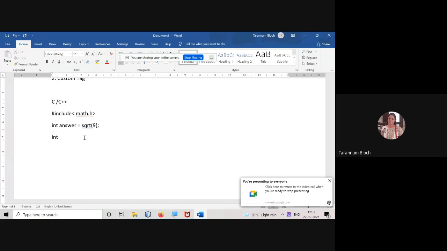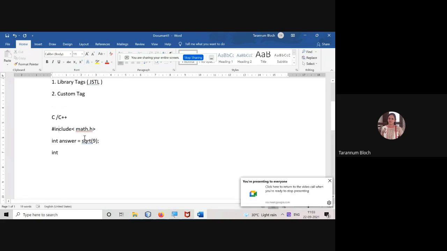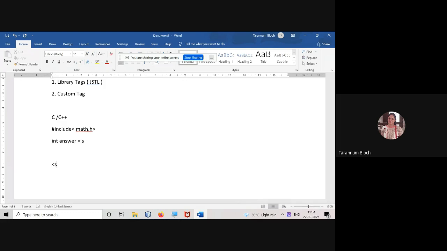Similarly, if you want to create your own tag, giving you a very simple example, suppose there is no tag named simple. Is there any tag in JSP or HTML which is named simple? There is no tag named simple. So if I want to create a simple tag which will give me a certain message like "hello from custom tag", this should be the effect of the simple tag: hello from custom tag.